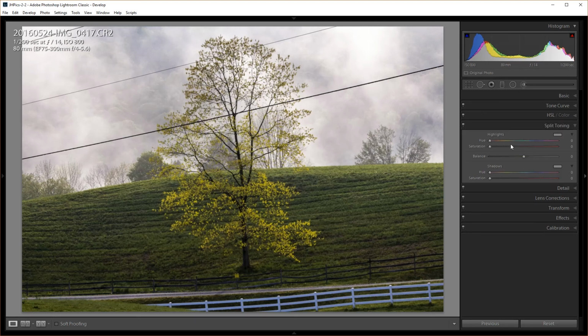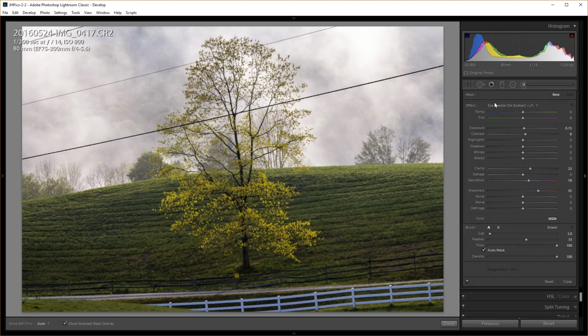All right, split toning. You can use it if you have some challenges with skin tones not looking good, or there's a white. So right here in the shadows, we have kind of a blue on the fence, right? You can try to adjust them in here. It's a little touchy. It's a little complicated. I don't use split toning all that much, unless I'm going after an artistic effect where I want the shadows to have a specific kind of tone to them. So trying to adjust it to fix something, to take something out, I don't find this to be the best way. If you really wanted this fence to be more white, and maybe we'll just go ahead and do that,